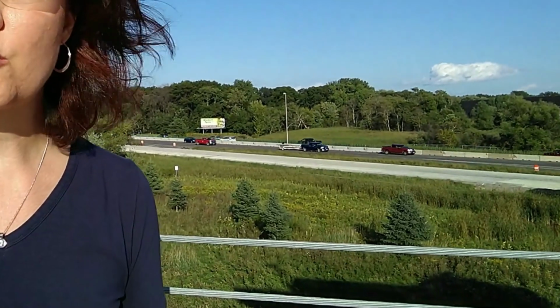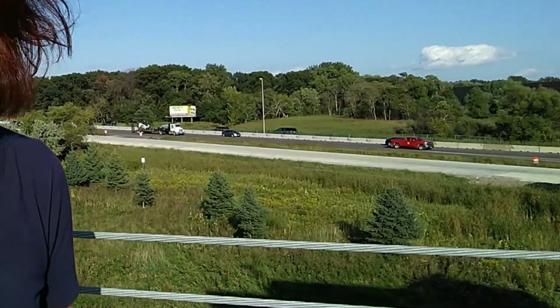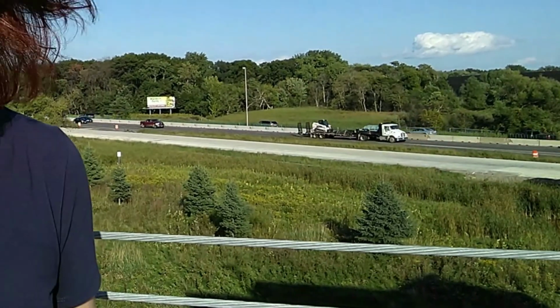I'd like you to count the number of trailers that you see. Now we're not talking semis or semi-tractor trailers. We're talking the recreational stuff. We're talking horse trailers, flatbeds, possibly some construction trailers. So whatever you see, count those up as we start this video here, and I tell you a little bit